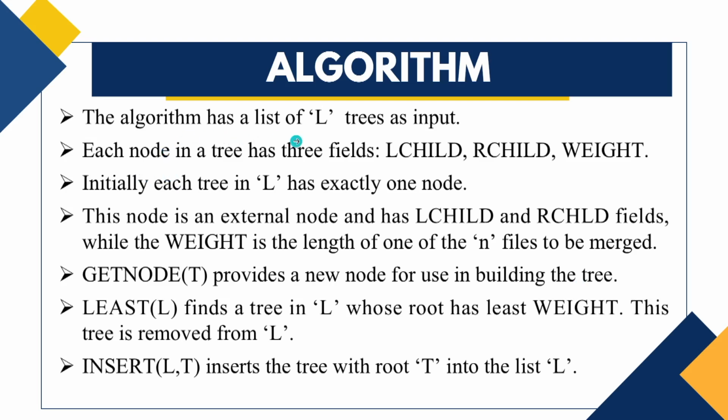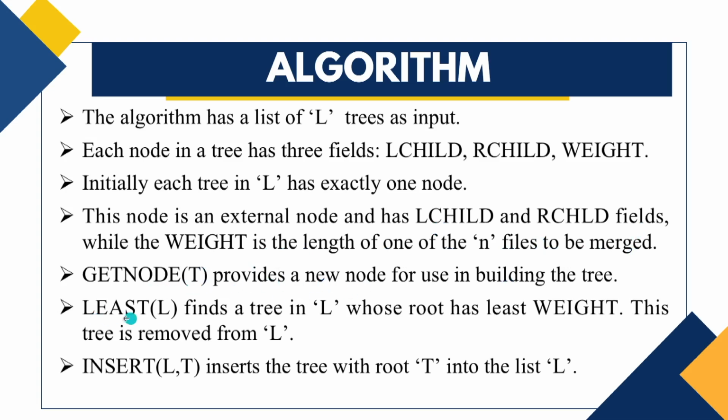So as such, the algorithm has a list of trees as input. Initially we consider all of those individual files as one-node trees, and so we say that L contains n number of trees, and each node in the tree will have three fields: one for the left child, one for the right child, and another for weight. Initially each tree in L has exactly one node, and this node is an external node with left child as well as right child fields, and weight is the length of the one file that is to be merged. And we had the function named getNode(t) that provides a new node for use in building the tree,